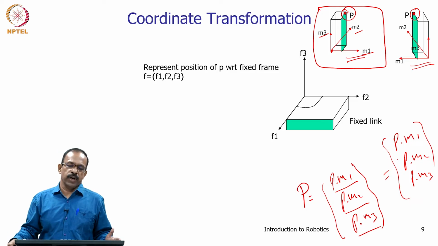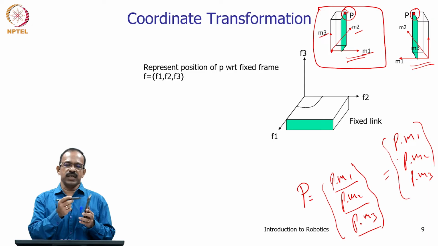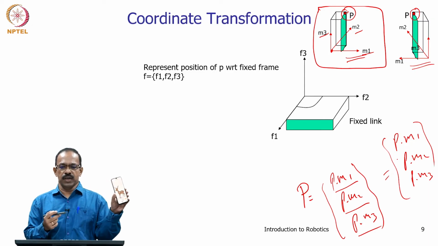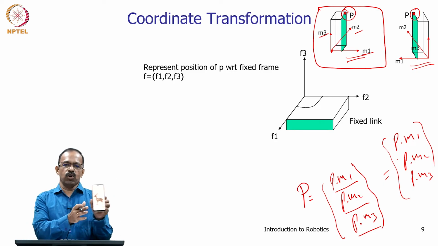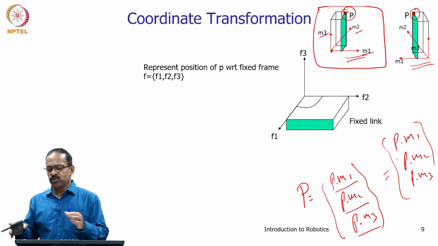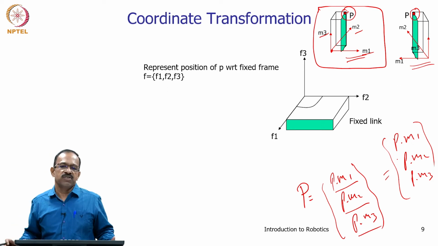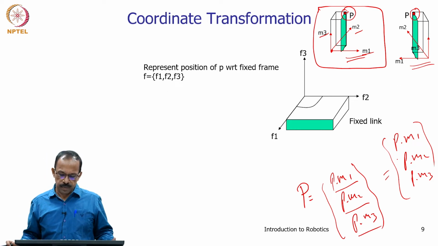Any point p in this 3 dimensional object will remain the same as the object rotates or translates, whatever it is, because the coordinate frame also moves along with it. Therefore, the coordinates of p remain the same as the object moves. So, there is no change in the position of p with respect to the mobile frame.